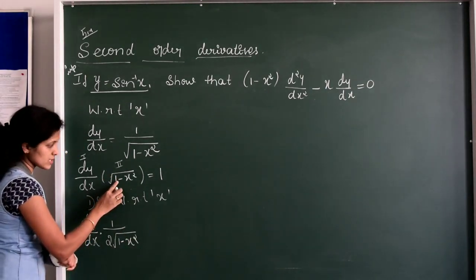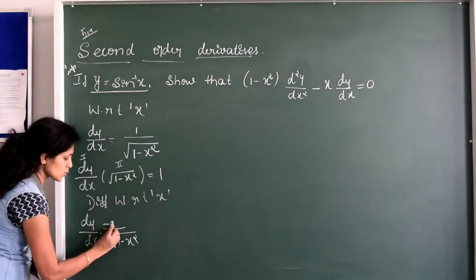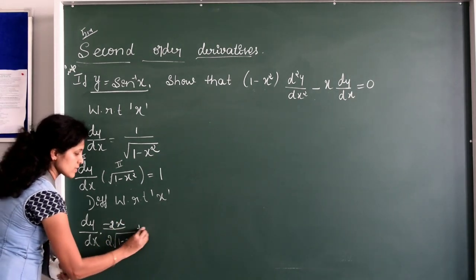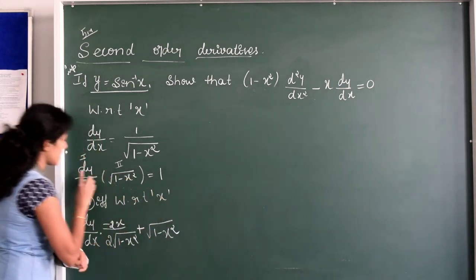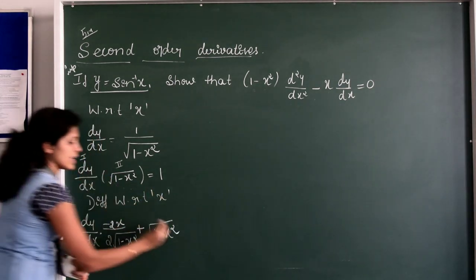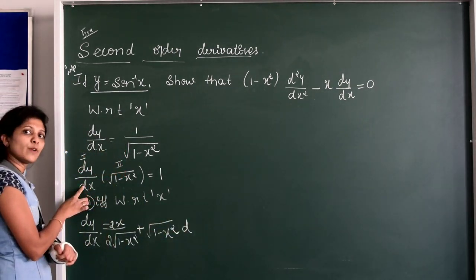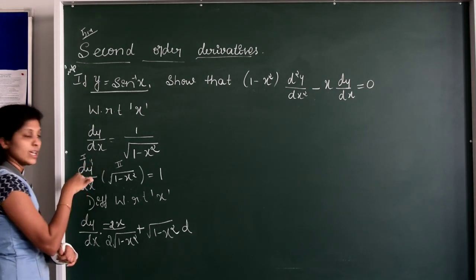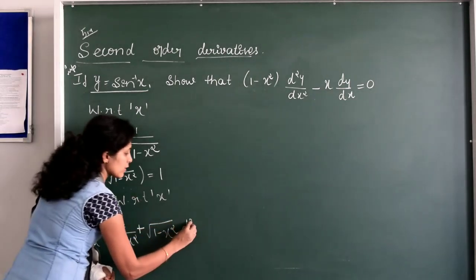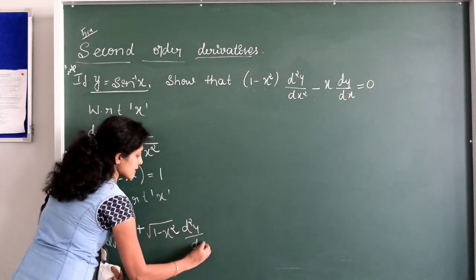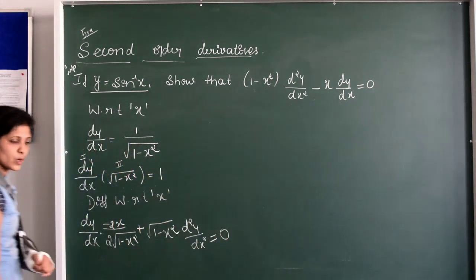Now we have to differentiate this. Derivative of 1 will be 0 minus derivative of x square will be minus 2x. Is it clear? Plus we will keep the second function as it is, that is root of 1 minus x square, and the derivative of dy by dx with respect to x. Here y dash is there. If you differentiate the function again, it will be y double dash, or you can consider this as y1. If you differentiate the function again, it will be y2. Or else you can write this as d square y by dx square. Is it clear? So this will be equal to the derivative of 1 with respect to x, which is 0 because 1 is constant.